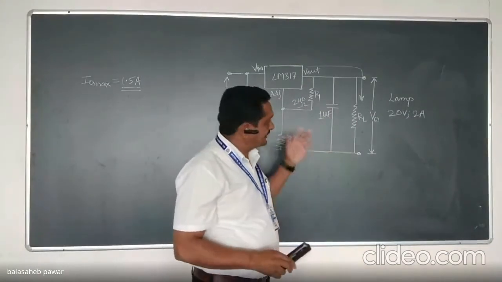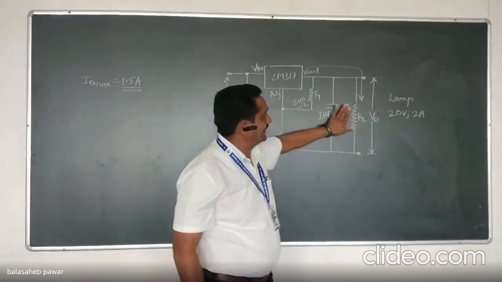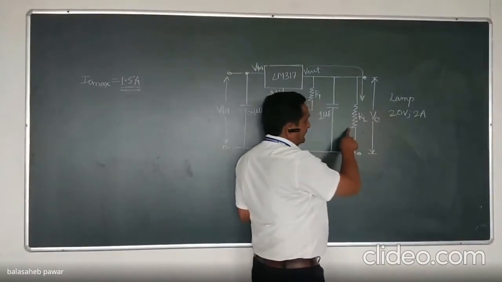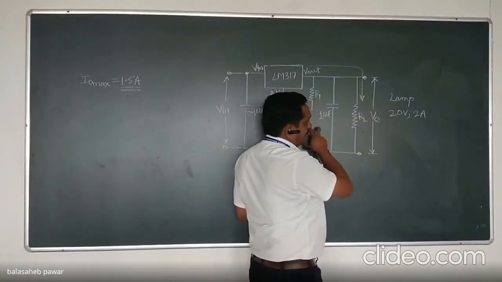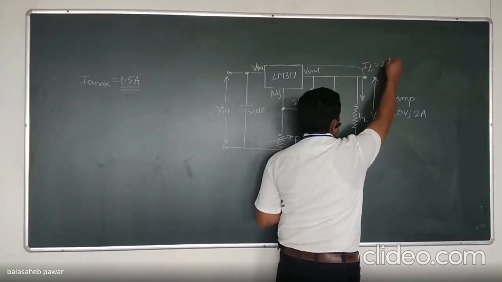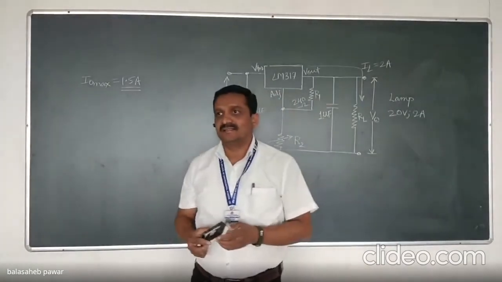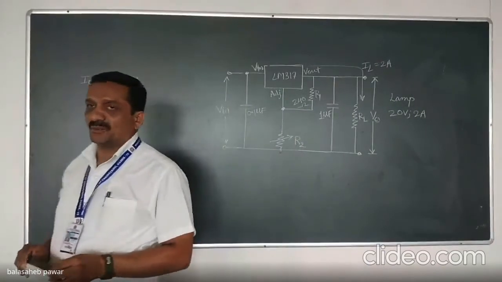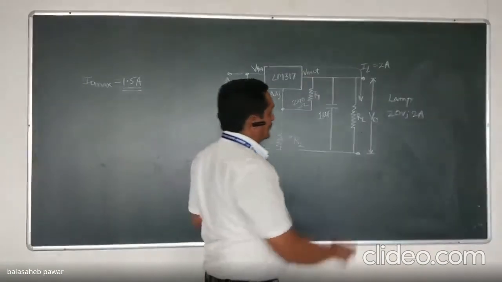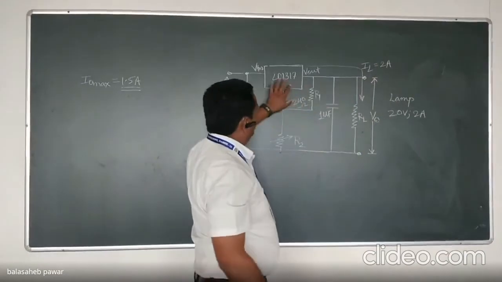But at this stage, we can't connect that 20-volt lamp directly as a load to this circuitry, because whenever we connect it and turn on this circuitry, this load will consume the load current as 2 amperes as per the rating which we consider. Whenever we connect such type of load, 20 volts and 2 ampere, that load will consume the current as 2 ampere, and that is not the capacity of our regulator IC.